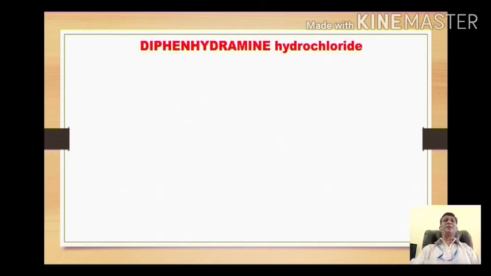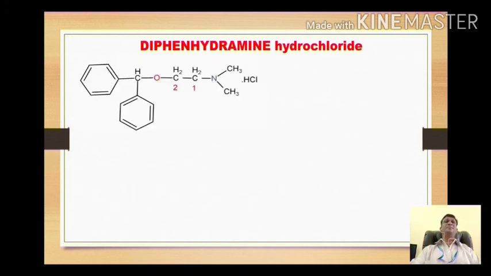The next drug is diphenhydramine hydrochloride. Dear students, you can recall that this drug belongs to ethanolamine ether class of H1 antagonist. This is its structure. For nomenclature, we will select this 2-carbon chain along with this nitrogen as the basic nucleus. So though it is a 2-carbon chain, it is called ethane and attached with the amino group, so it will become ethanamine. On nitrogen we have 2 methyl groups and on second position we have this